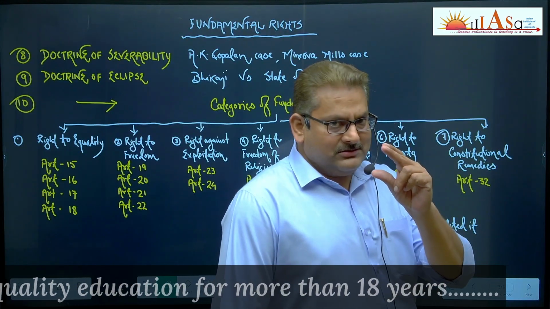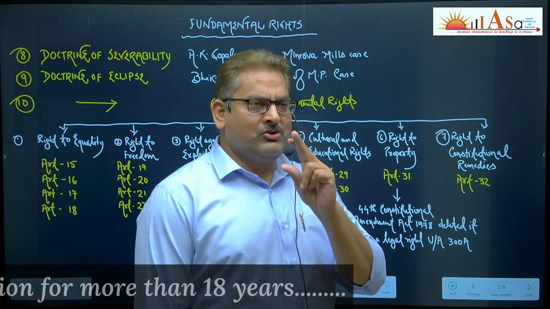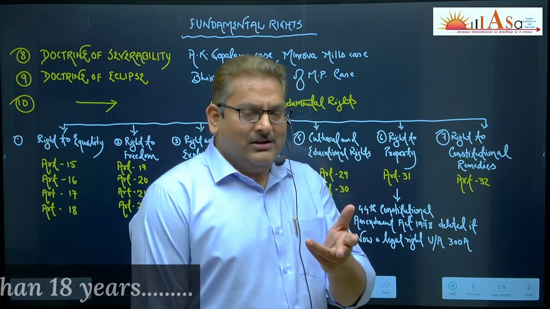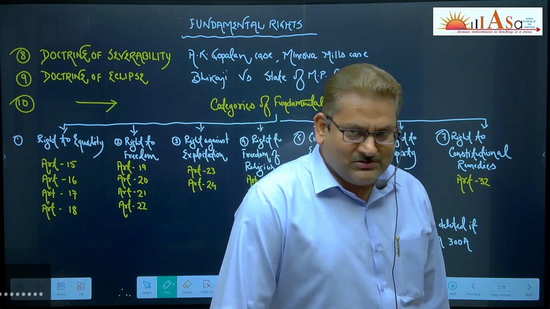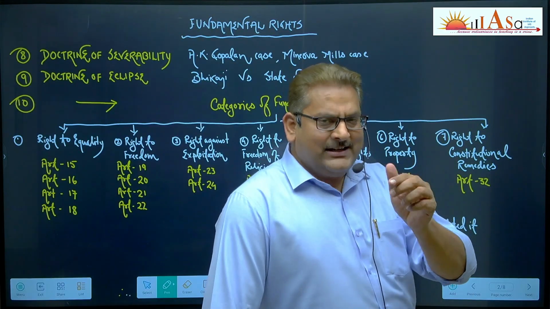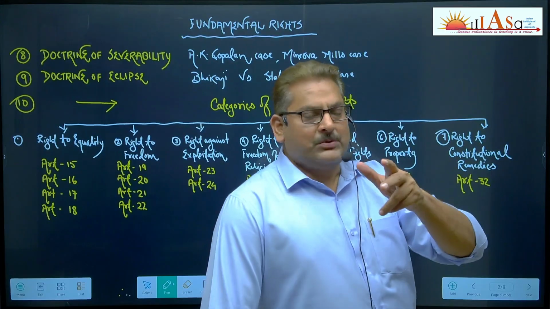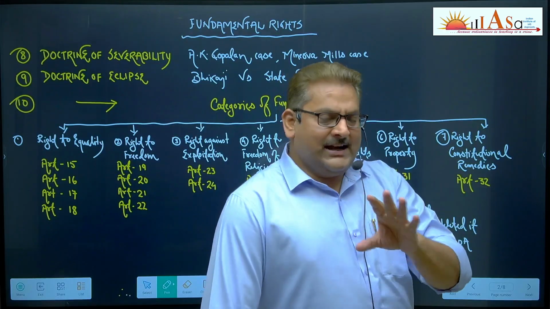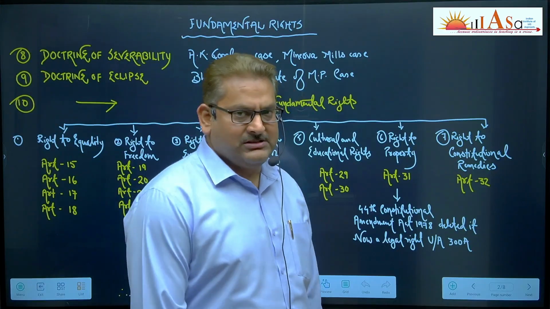If the portion found inconsistent with fundamental rights is so important that it constitutes the very soul of the law, and after cutting it off very little remains, then in that case the entire law has to be declared unconstitutional. Similarly, if the problematic portion is so intricately mixed with other provisions, good and bad together, that it is not possible to separate out the unconstitutional component, then the entire law has to be declared unconstitutional. Clear? So these are certain limitations of the doctrine of severability.